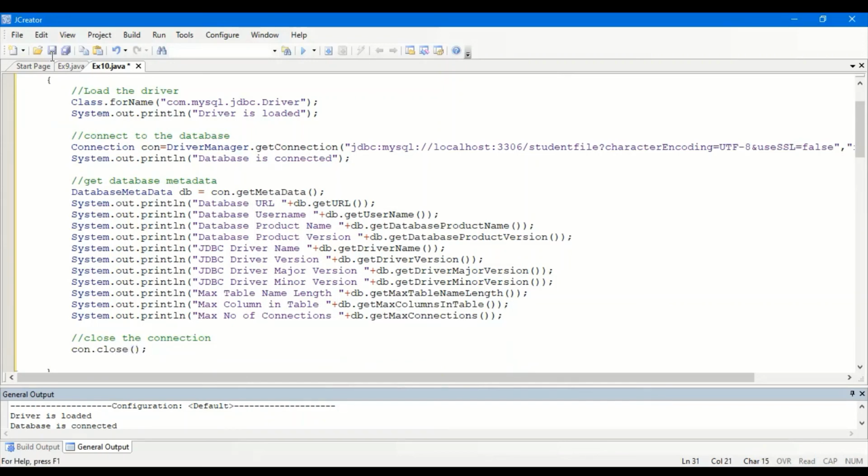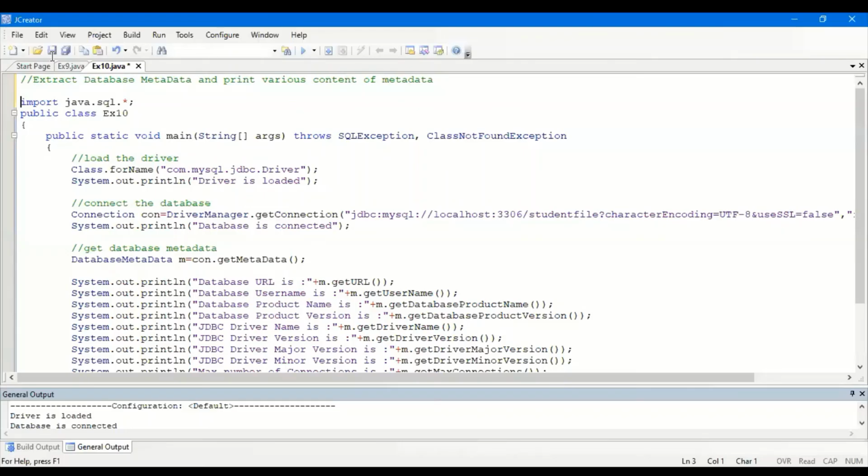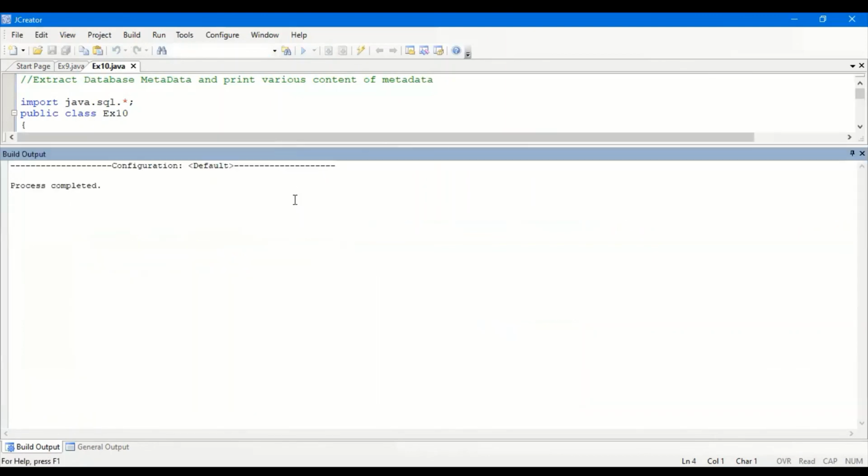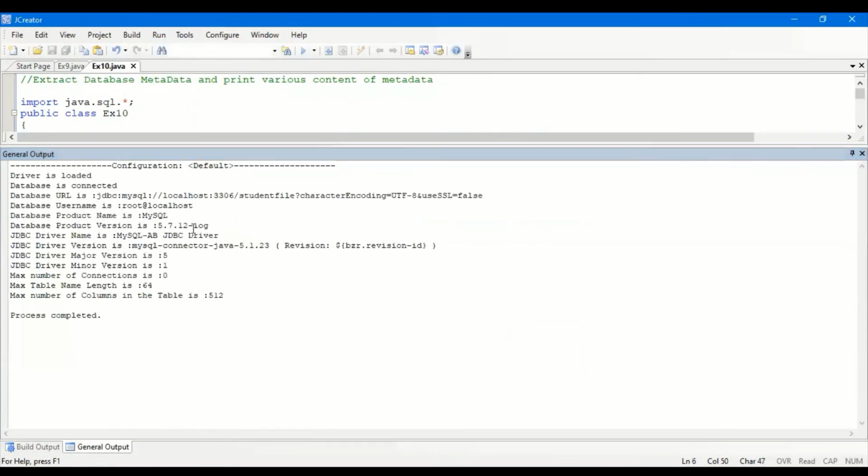So let's see. When you execute the program, see, this is for driver is loaded, for database is connected.